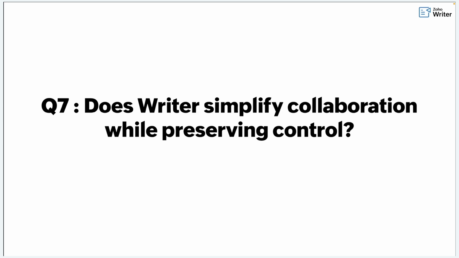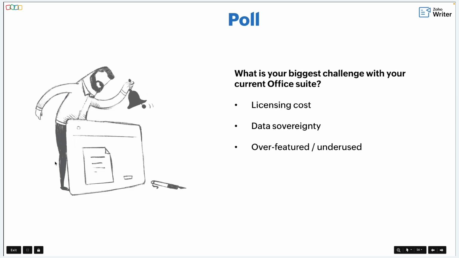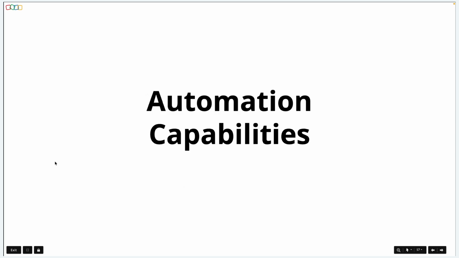There is also an edit field values option where people can update only the form fields without changing the document structure. In addition, you can also lock critical sections and mask sensitive content so that only the right users can view or modify them. So collaboration stays simple and friction free, while control over structure and sensitive information is always maintained. So the next topic would be the platform's automation capabilities.